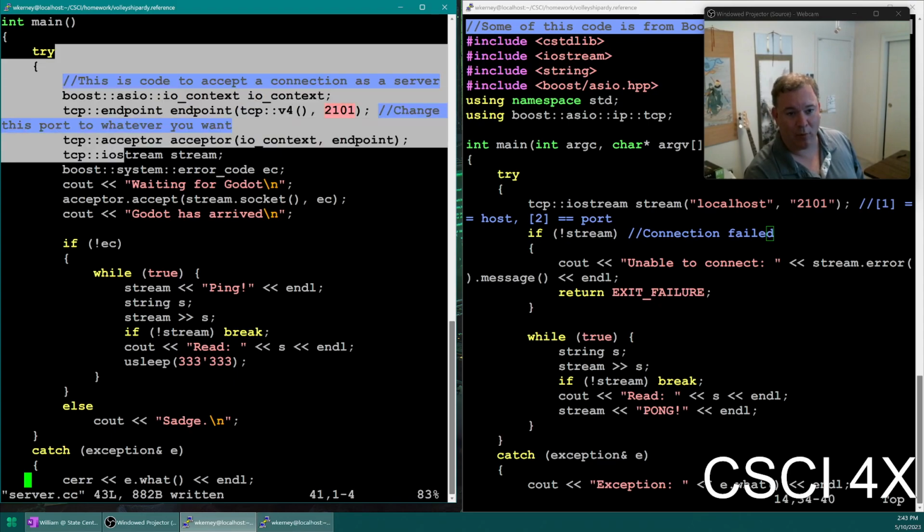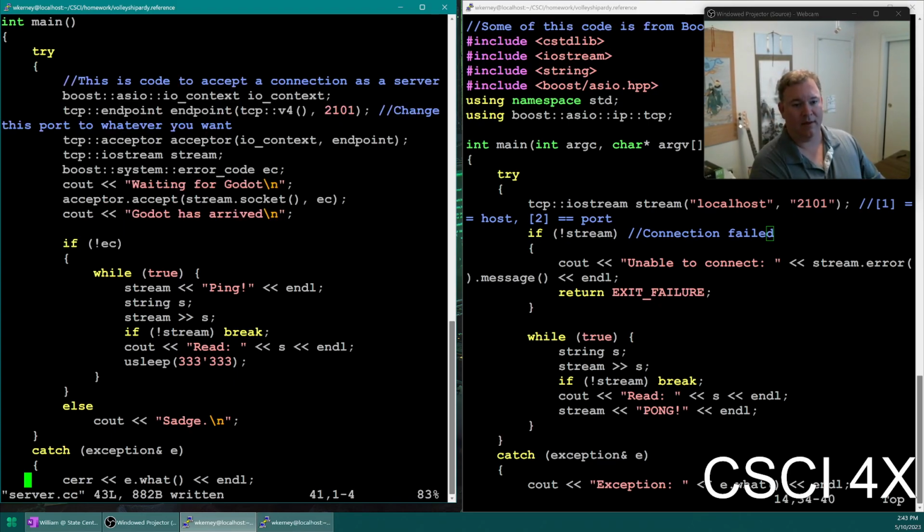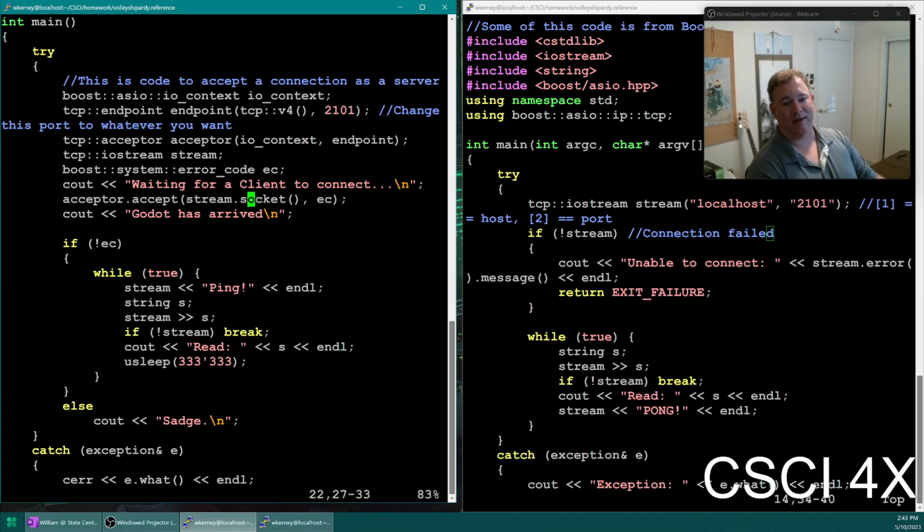So there's a little bit more boilerplate on the server side. Maybe I can make this a little bit more meaningful. Waiting for a client to connect. And then I can print out